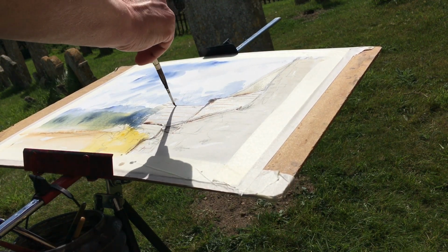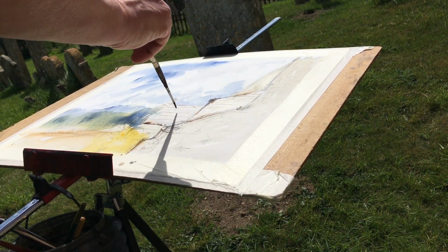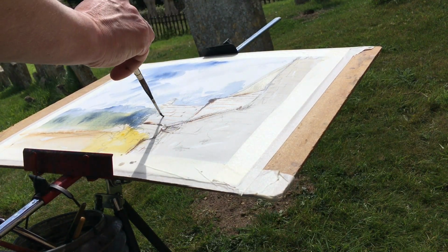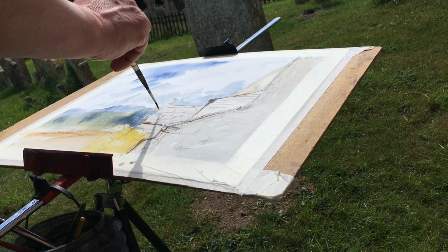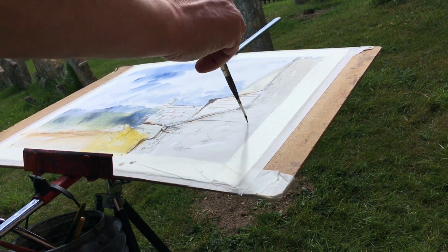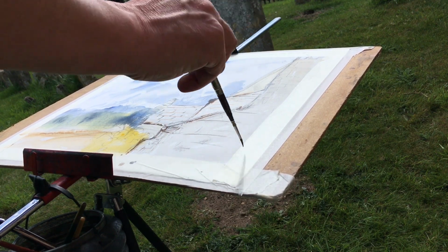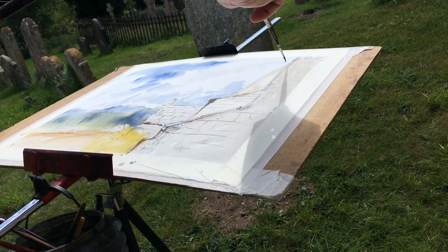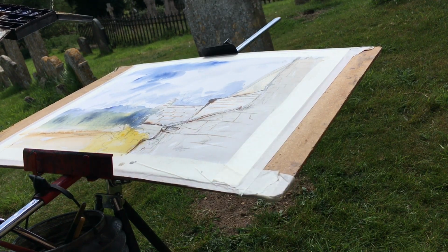Quite a few of these large slates on this roof. I'll just suggest, nothing more really,